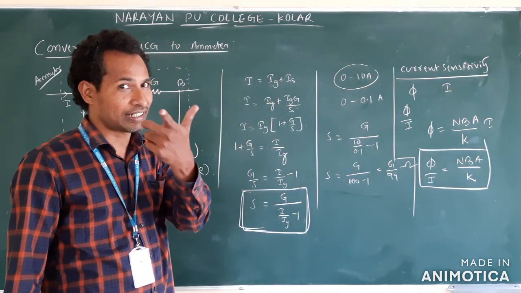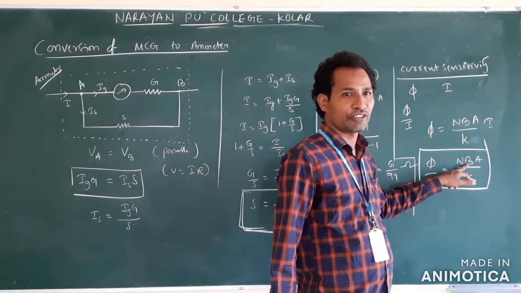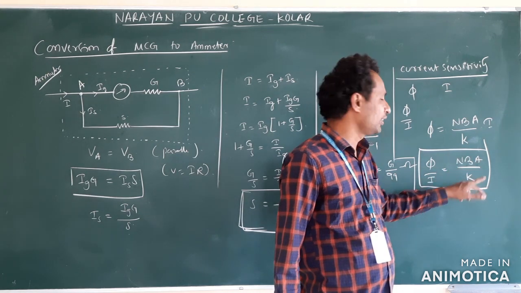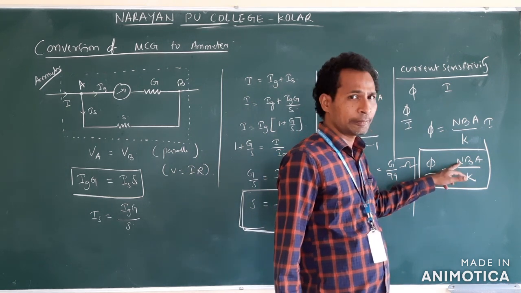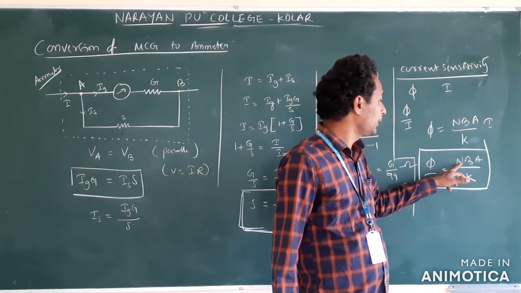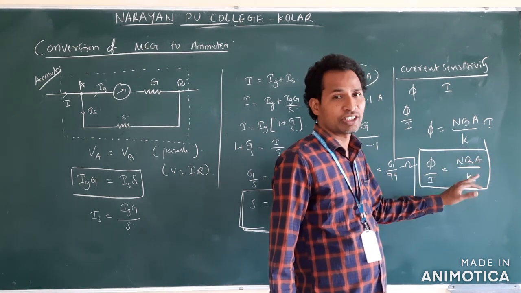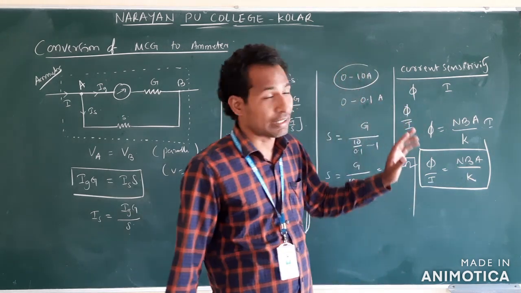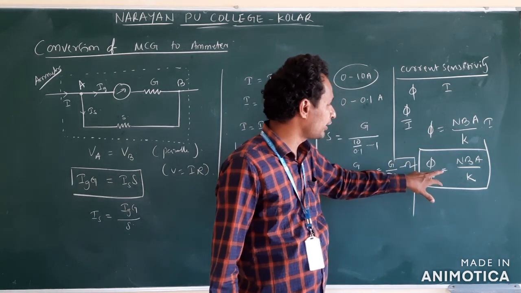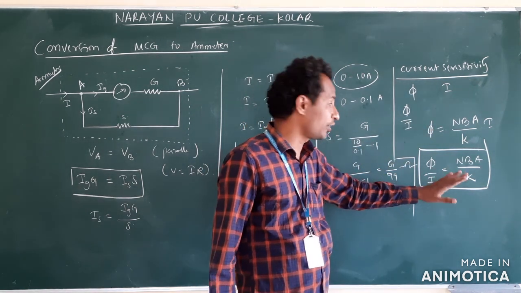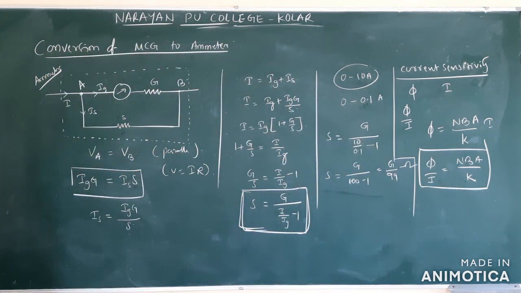Then how do we change current sensitivity? By increasing the number of turns, increasing the magnetic field, increasing the area, and decreasing the restoring constant. Understand? Increasing the number of loops or turns, magnetic field B, area, and decreasing the restoring constant. Remember, current sensitivity means deflection per unit current. From this formula we got the expression, and on this formula also we do expect questions in competitive exams.